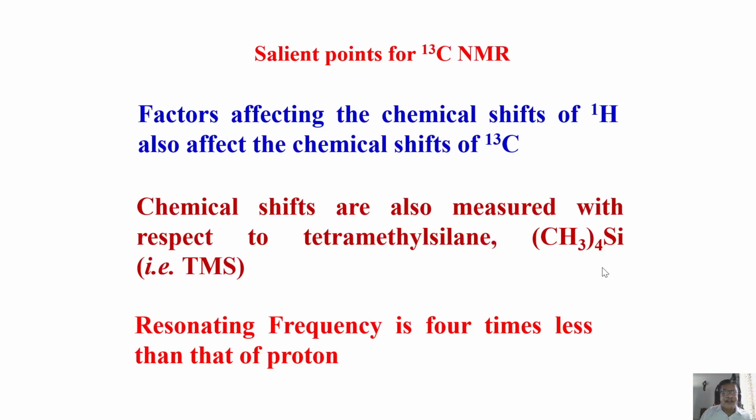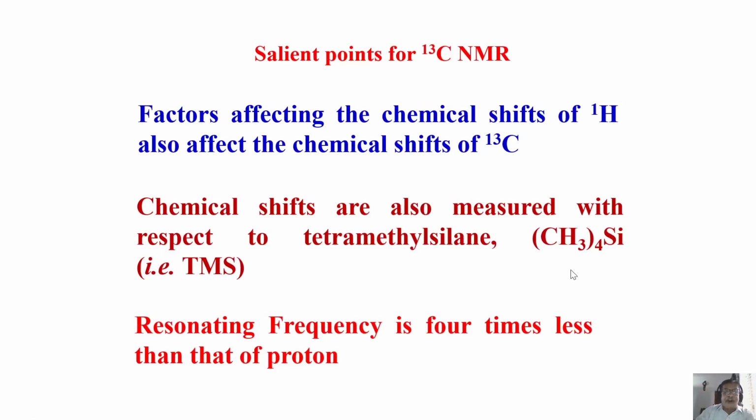Next question is, I told you when I used the reference as TMS, this TMS, tetramethylsilane, has carbons, protons and silicon. As I said, there are 4 carbons, all are chemically equivalent here. And I said it's a very good reference for carbon 13 NMR. So the reference used for carbon 13 is again TMS, like what we use in proton.